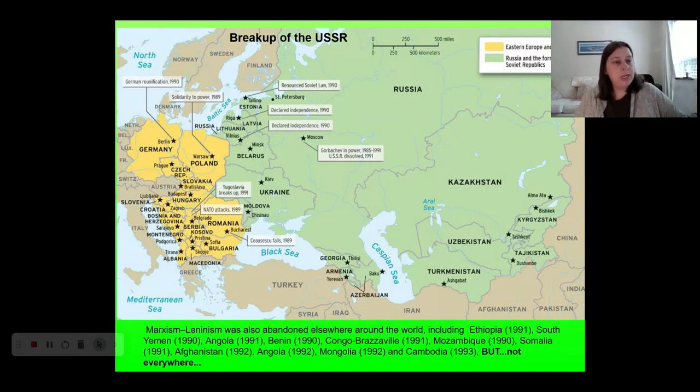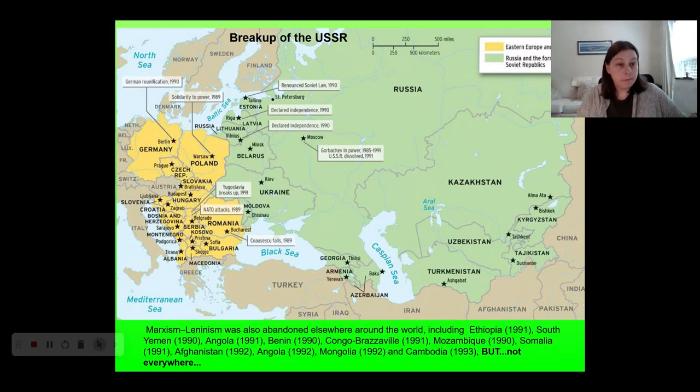Reagan leaves office in 1989, having served his 2 terms. He's replaced by his vice president, our first President Bush, right? There's 2 President Bushes. This is the father, George Herbert Walker Bush, or H.W. Bush. And under H.W. Bush, the sort of already in progress kind of collapse of the Soviet Union, the Soviet economic system basically continues. Starting in about 1988, really escalating in 1989, 1990, and 1991, what we're going to see